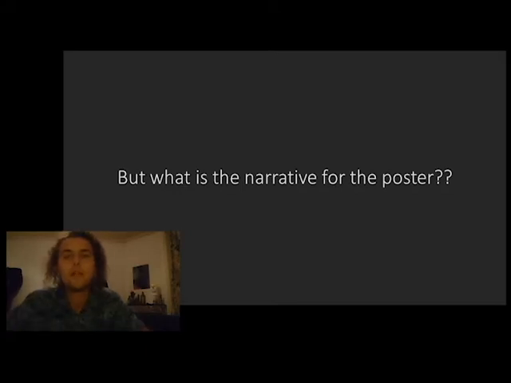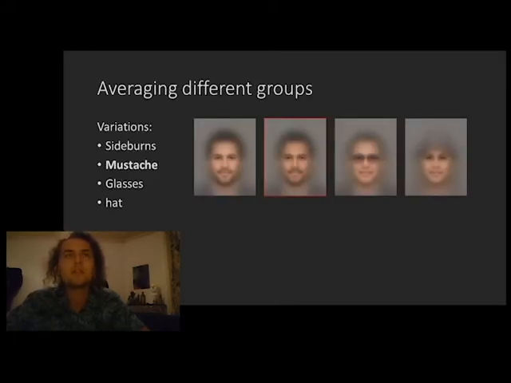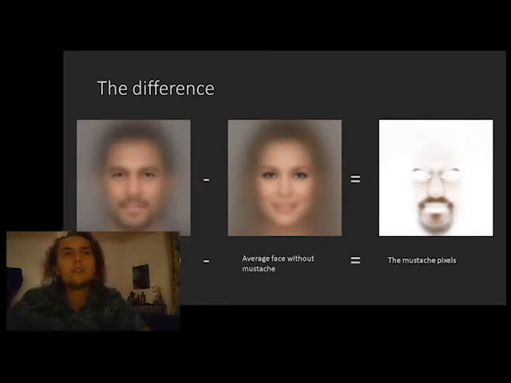Because we had to make two posters, I thought maybe I would also calculate the average for one of the other categories and try to compare those two. There's a lot of variation in this dataset, and you see that the average head is just a gray blob. There's no real underlying structure in calculating the average here. So I decided to stick with the mustache, and now I wanted to find the essence of what this mustache really is. That's why I also calculated the average face of all the people that don't have a mustache.